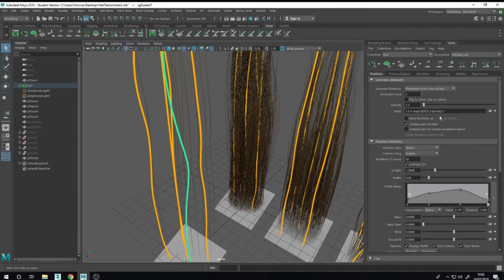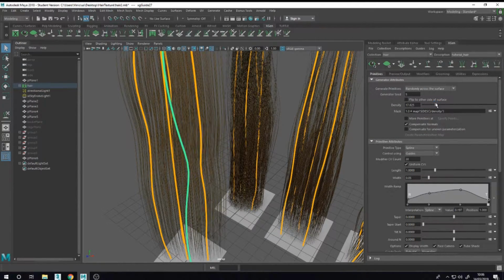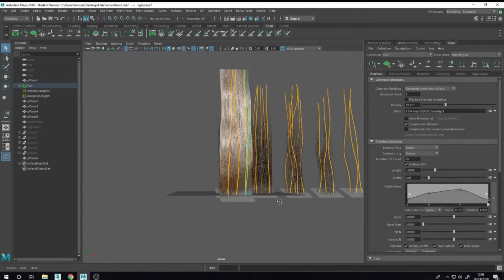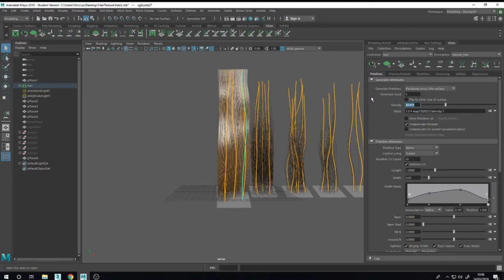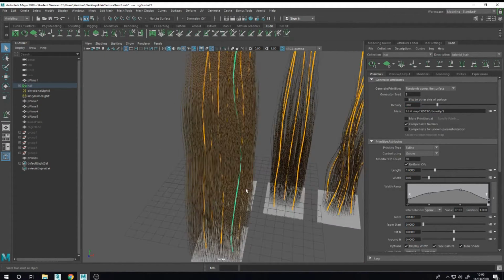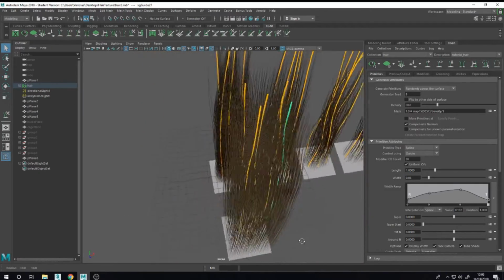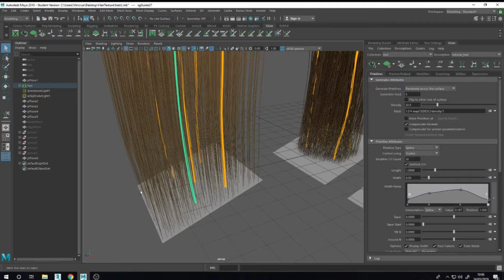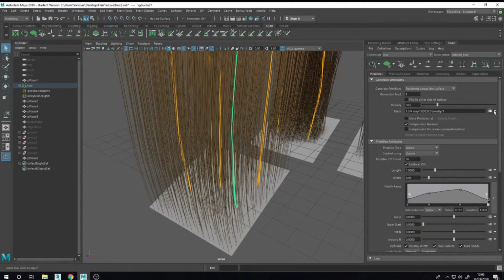Yes. And increase the density, like 20. Yes. And I don't want to generate on the entire plane, so I will mask here.